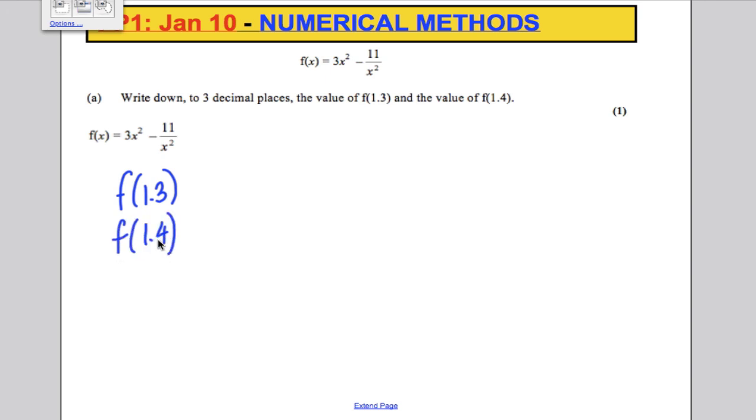This is just a substitution game, so type in your calculator 3x squared, subtract 11 over x squared, press the calculate button, 1.3,